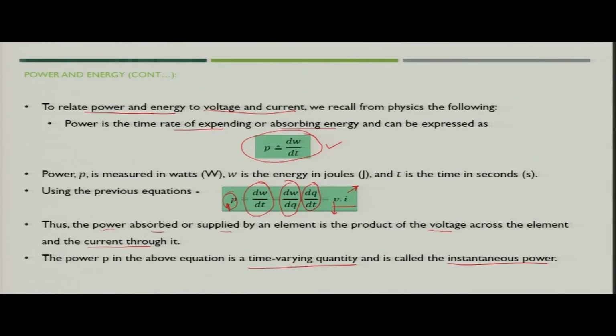When we discuss sinusoidal waveforms in detail, we will try to establish the difference between instantaneous power and average power, because that is an important concept, more so for AC currents than DC currents. In DC currents you can simply say that power P is a product of voltage and current, but in AC, at least for average power, it does not follow like this. Instantaneous power will definitely be a product of instantaneous voltage and instantaneous current.